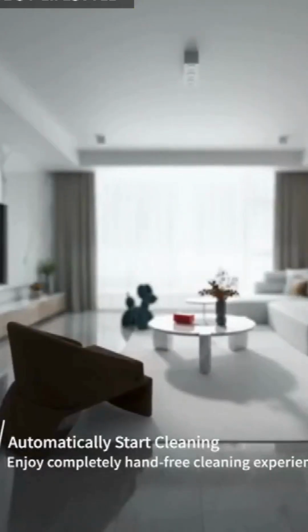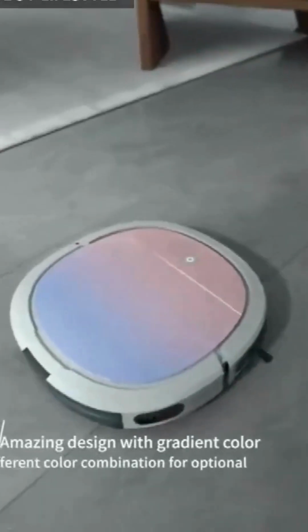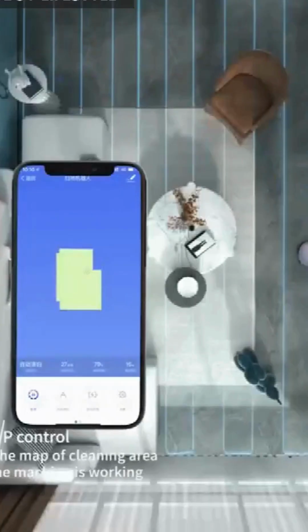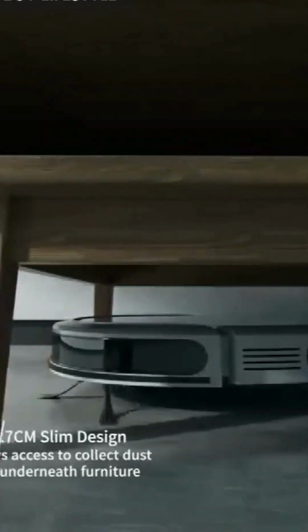Introducing the latest in home cleaning technology, the new Smart Robot Vacuum Cleaner. This advanced device offers seamless Wi-Fi app control, allowing you to manage your cleaning schedule from anywhere. With its 180 ml water tank, it effortlessly handles both vacuuming and mopping tasks, ensuring your floors are spotless and